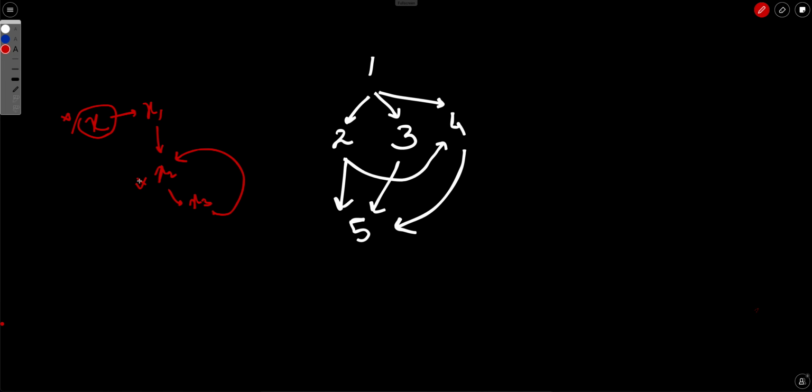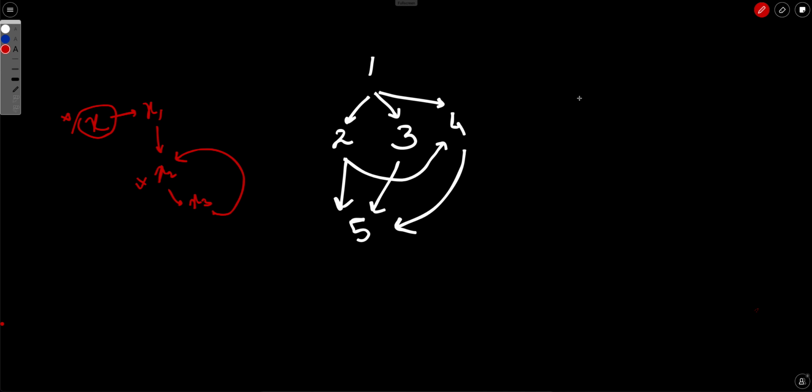So if there is any cycle in this graph, we can say that we will not be able to complete all the courses, because if there is at least one cycle, there will be some courses which are involved in the cycle which can't be completed in any manner, because they are depending on each other. So our problem after building this graph is then reduced to finding whether there is a cycle in this graph or not. So finding a cycle in an undirected graph is very easy, because you can just maintain a visited array and